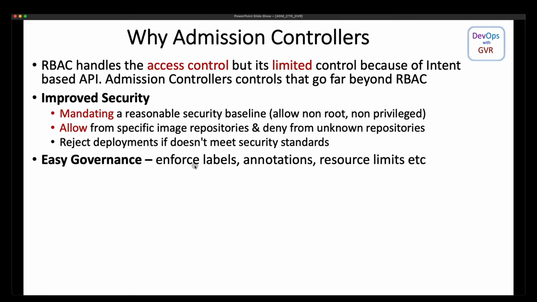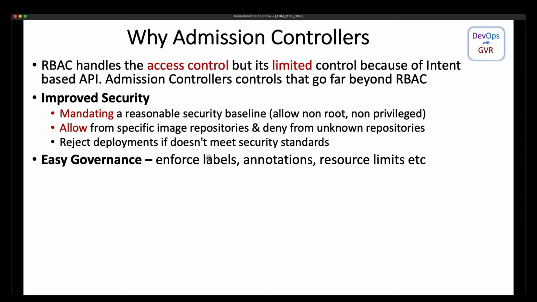Next is easy governance. From an easy governance point of view, say you have 50 microservices, and every microservice pod should have some labels and annotations according to your organizational requirement. So app equal to some xyz, such kinds of labels you can enforce.